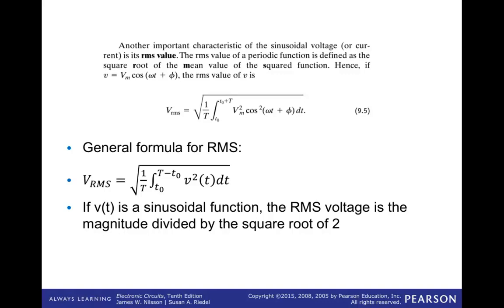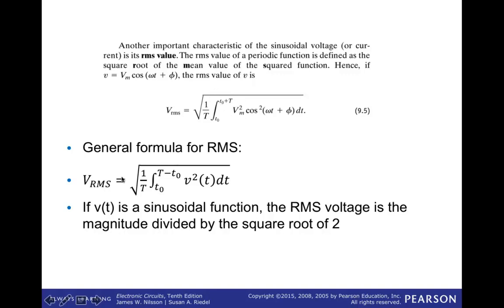It would have a period T, and we can actually run this integral from any time as long as we're running it over a total period T. Now, why would you want to do that? Well, you'd want to do that if you had an interesting function that maybe doesn't have an easy integral at t equals 0, so there may be some other time range where you can take advantage of symmetry on the integration and it's a little more visual. So it doesn't matter the beginning and ending point of your integral